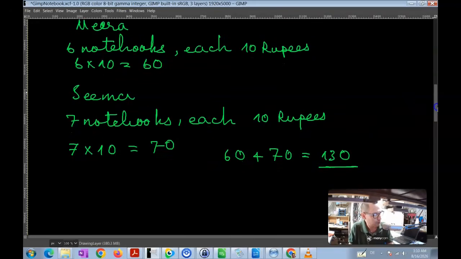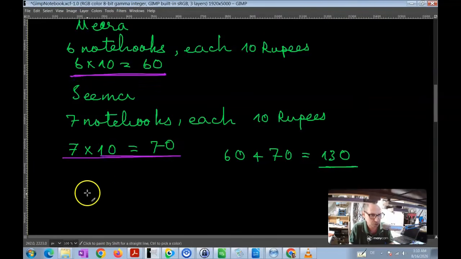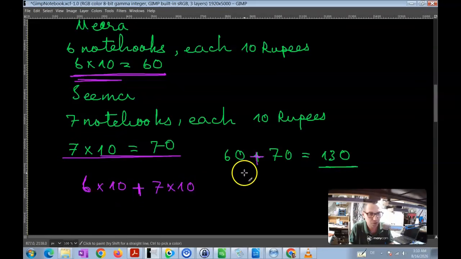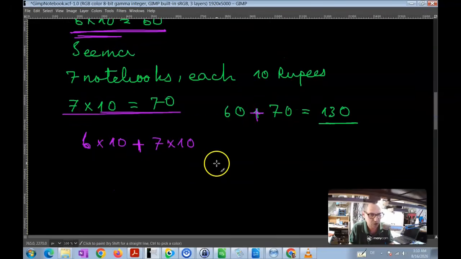Now how do I write this operation? I have this expression over here and this expression over here, and I want to put them together. So I can write 6 times 10 rupees, and since I'm adding these together, I'm going to add to that 7 times 10 rupees. Then when you want to evaluate this expression in mathematics, we have